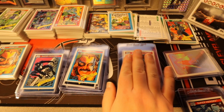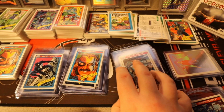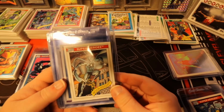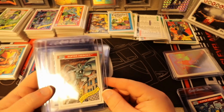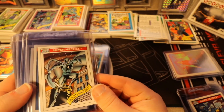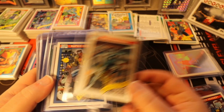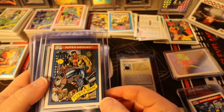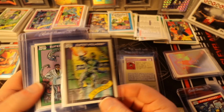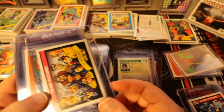This pile is all stuff I think has a legit shot at a PSA 10, regardless of character type or card. So this is heroes, villains, the whole nine yards, some B list, some C list, etc. So we have, trying to get it in front of the camera as best as possible, Moon Knight, Luke Cage, Juggernaut, an Ultron, two Doc Ocks, an X-Men,